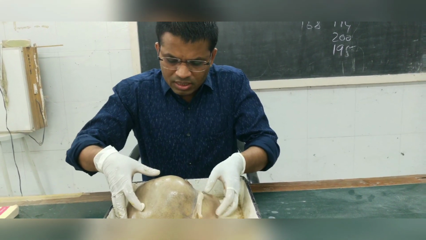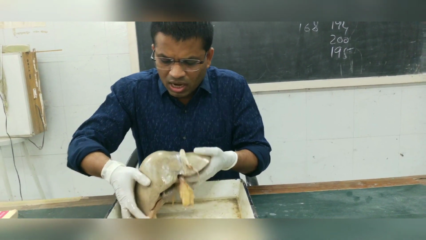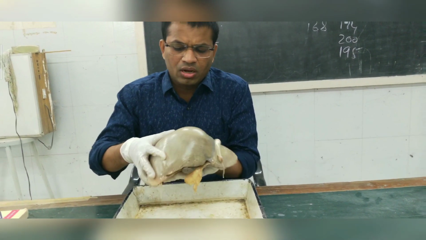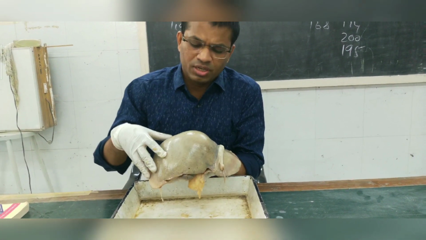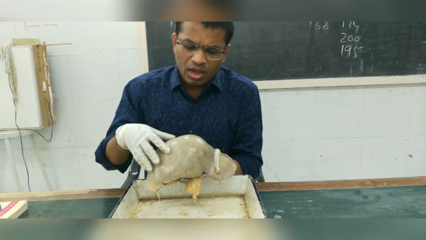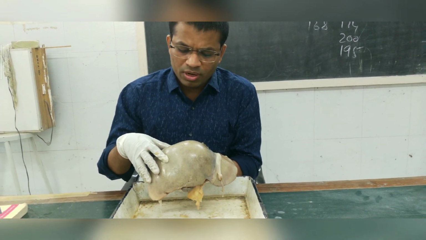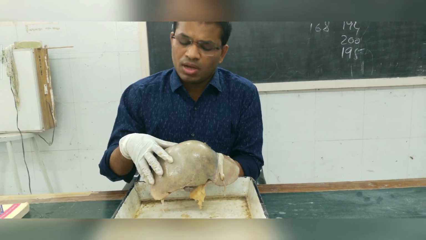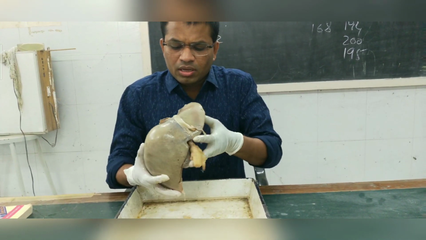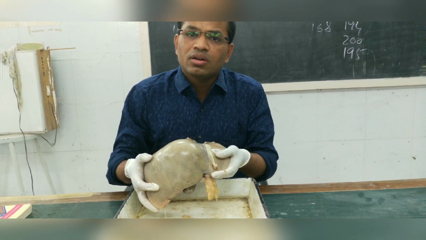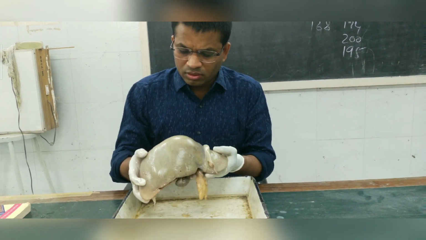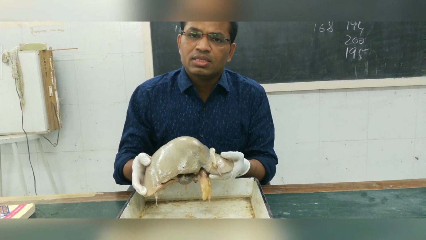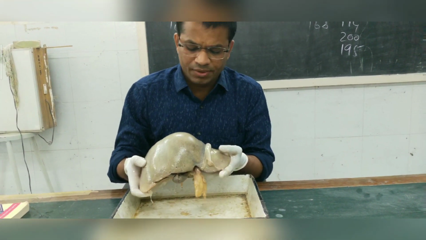The liver is the largest organ as well as the largest gland of the body. It is a wedge-shaped structure and occupies the right hypochondrium, left hypochondrium, and epigastrium region of the abdomen. It is reddish brown in color, and about 1300 to 1600 grams in weight. These are the external features of the liver.